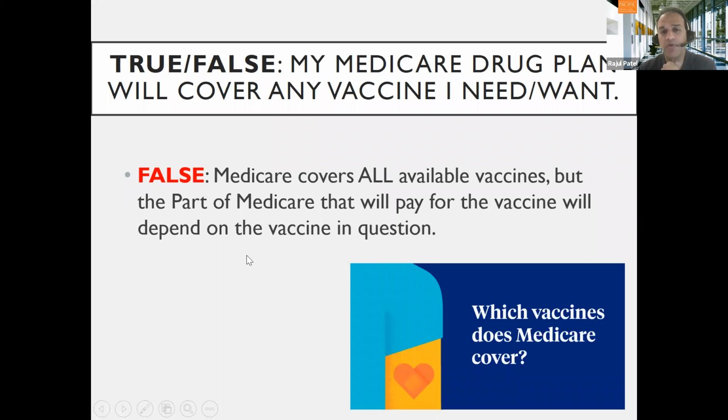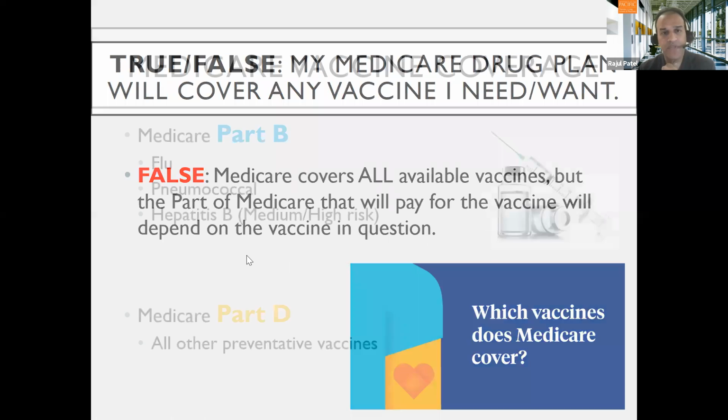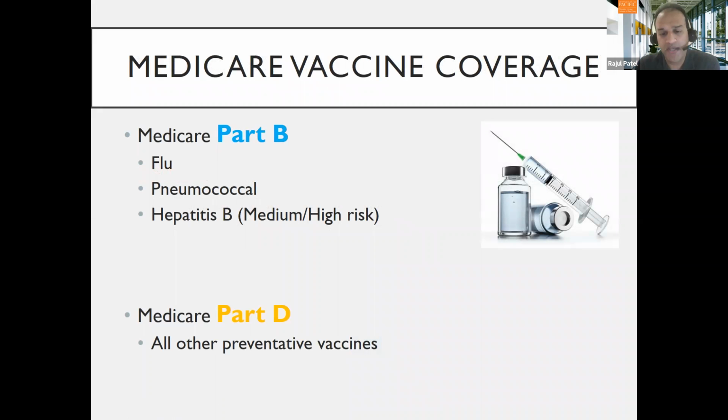Let me explain how it works with vaccine coverage under Medicare. Okay, Medicare Part B as in boy. Remember I said that they cover a host of preventative services. A few preventative services included under that are vaccines, and specifically the annual flu shot, pneumococcal vaccine, right? And there's two different pneumococcal vaccines. Both are covered under Medicare Part B.